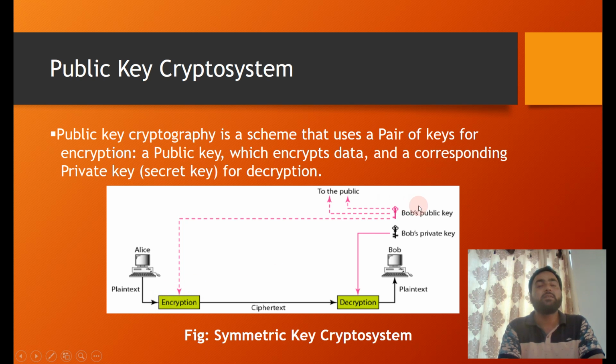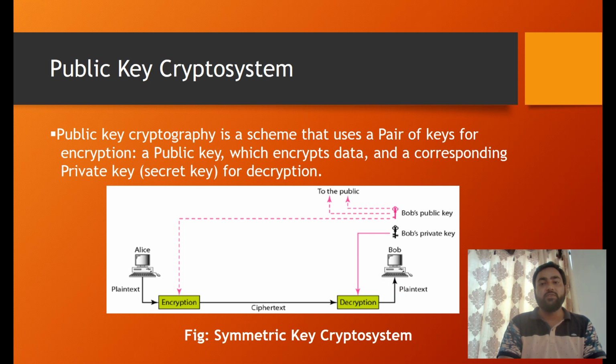As you can see, the name is public key. The public key is available to everyone over the network. That means it is shared among every user on the network, and using the public key of a particular user, the message is encrypted and sent over the network in the form of ciphertext. At the receiving end,